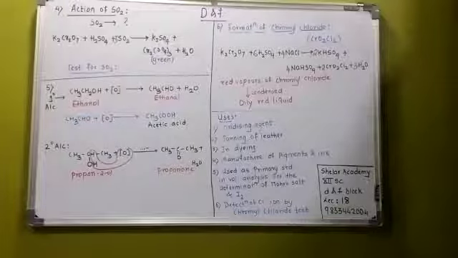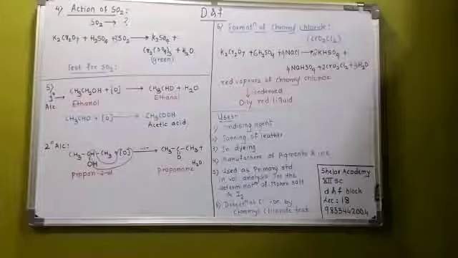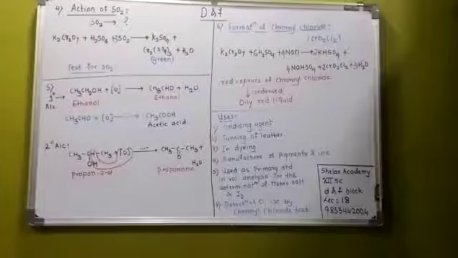Uses of potassium dichromate: it is used as an oxidizing agent, in the tanning of leather, for dyeing purposes, to manufacture pigments and ink, and as a primary standard in volumetric analysis and the determination of Mohr's salt and iodine. It is used to detect chloride ions by the chromyl chloride test. So those are the uses of potassium dichromate. That is all; we have completed K2Cr2O7.